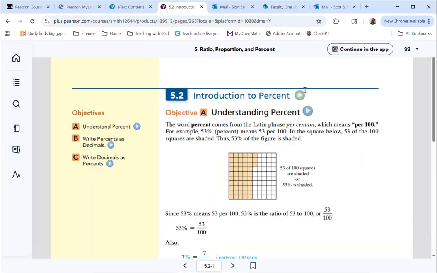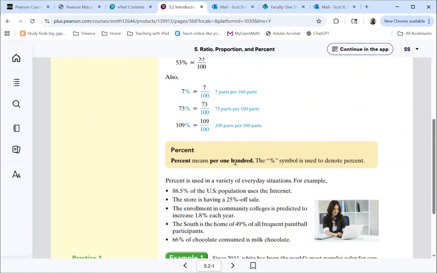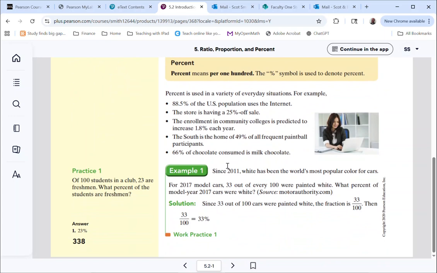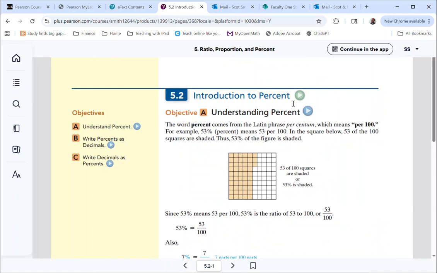So I want you to notice that it's just like a normal textbook. You could read through the problems and look at the examples, and then they'll give you some practice problems to try, and you'll find the answers. Actually, this one tells you the answer right below, but sometimes you have to go to the next page or a couple pages down. Now, I've minimized the page in order to do this video, but if it's full size,